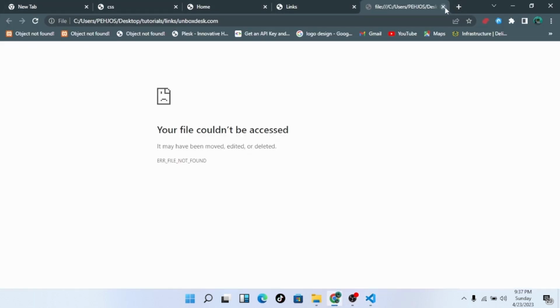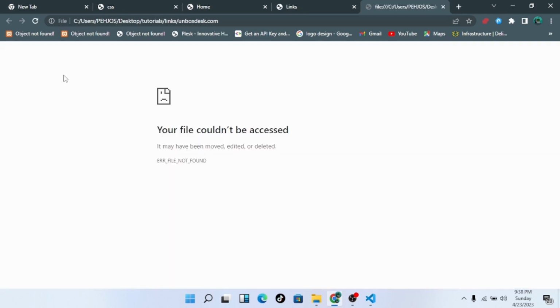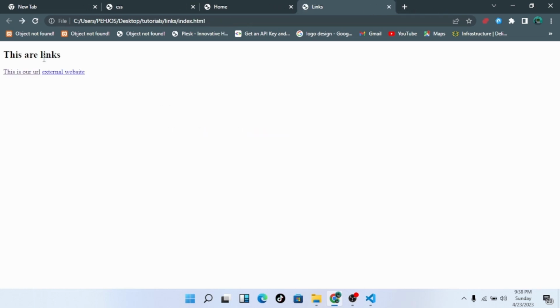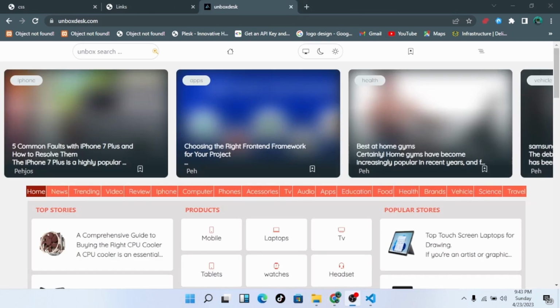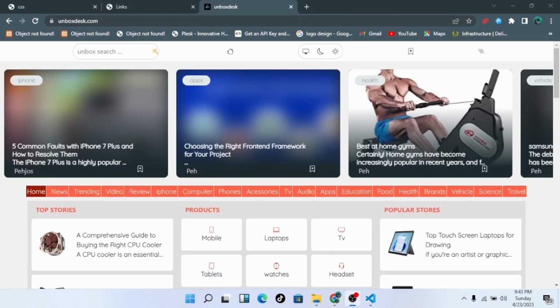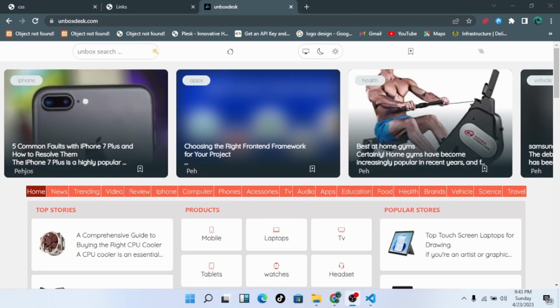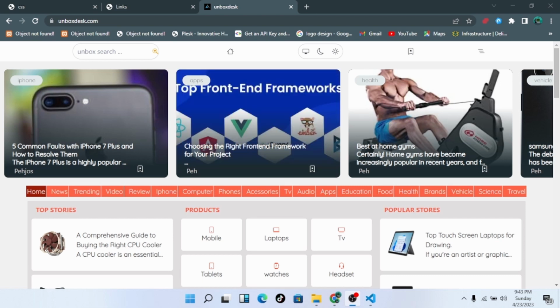We need to add a www before the unboxdex.com. That's the reason why our page is broken. So we added www.unboxdex.com. You see, we are on the website now. So from our work to an external website. So that's how